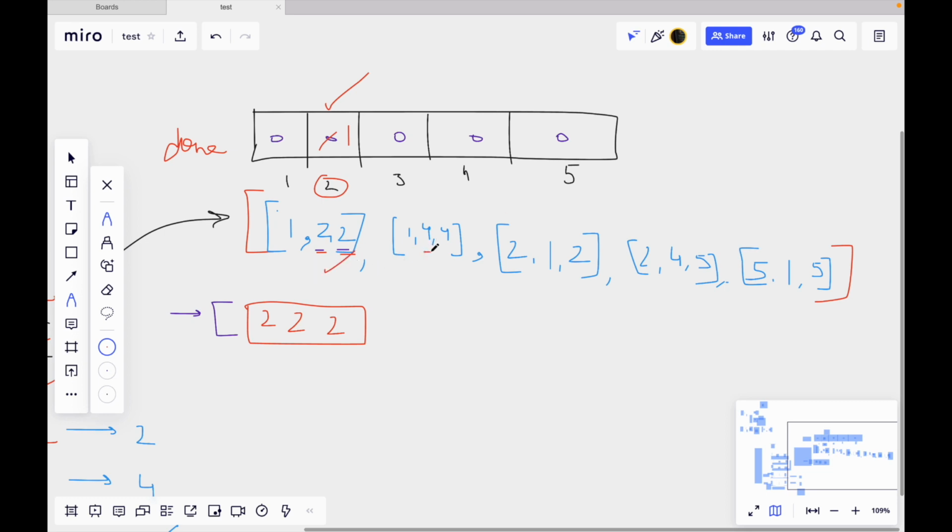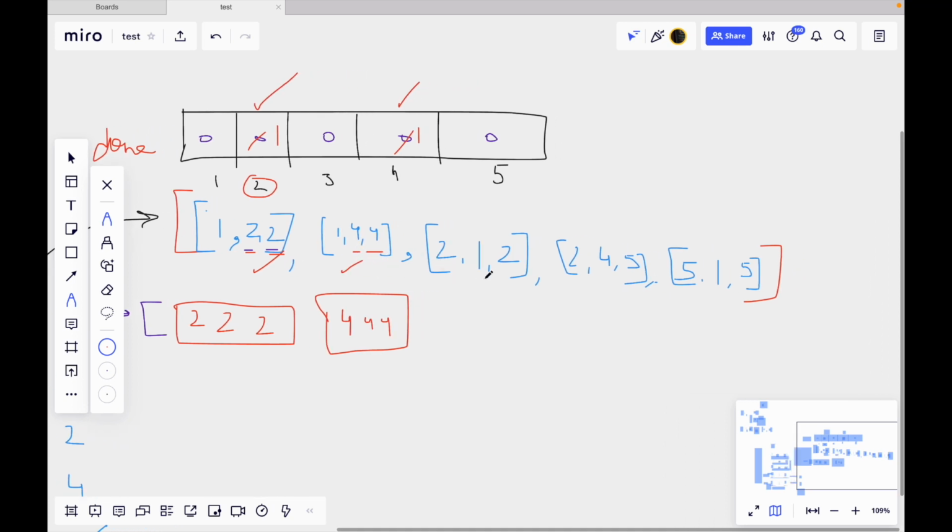After that, 4 to 4: checking from 4 to 4, this is the element, marking it as 1, and now we will print 4 space 4 space 4, right? We will assign 4 to this range. Now we will check from index 1 to index 2. I have taken a 1-indexed array; you can take 0-indexed of course.